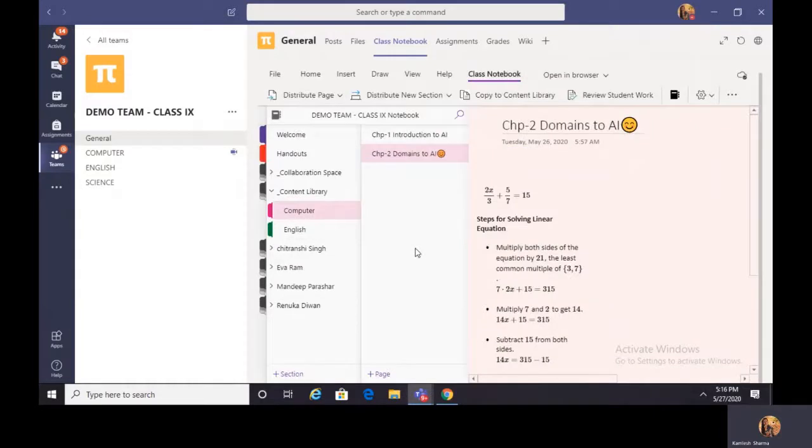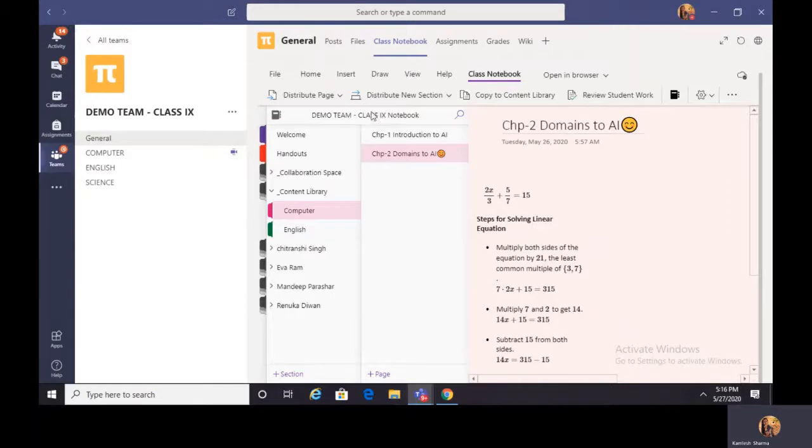Now let us try to distribute our page to a single child. For that, again you have to go to the content library and select the subject, and then secondly you have to go and select the page that you want to distribute. In my case, I want to distribute chapter number 2.